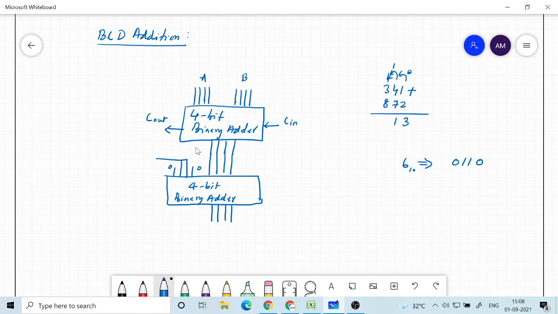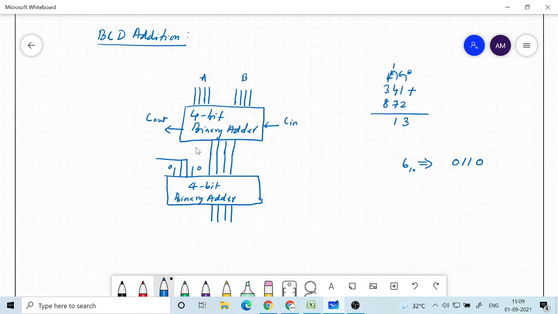So we need a logic circuit which can distinguish case 1 from the remaining cases. Case 1 means you need to add 0 here, but if it is case 2 or case 3, you need to add 6 there.